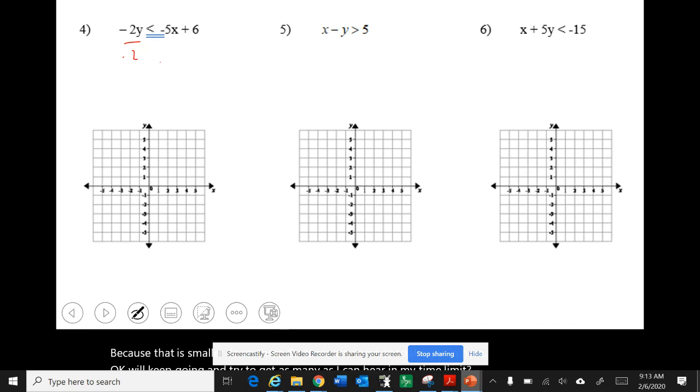This one's not solved for y, but all I have to do is divide everything by negative 2. Dividing by a negative changes the inequality. And then negative 5 divided by negative 2 is positive 5 halves plus negative 3, or minus 3. Okay, it's dashed. And I'm going to go up 5, 1, 2, 3,